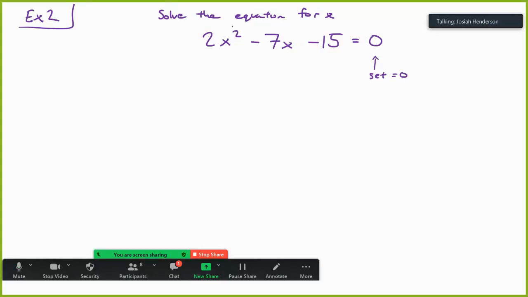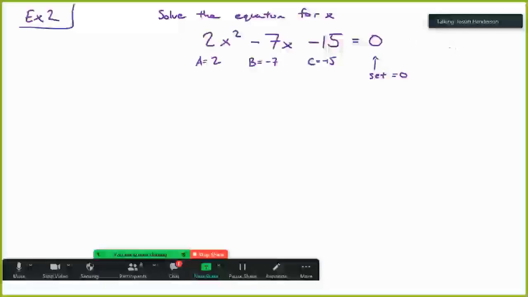Okay, since this is a slightly more complicated looking one, it has a 2 for a right here. A is 2. Then the first step for us should be looking at all the other numbers and saying, can I divide those all by 2? That would make it cleaner to start with. It doesn't work though, because b is -7 and c is -15. Those are not divisible by 2 with a whole number answer. So we're going to have to do this